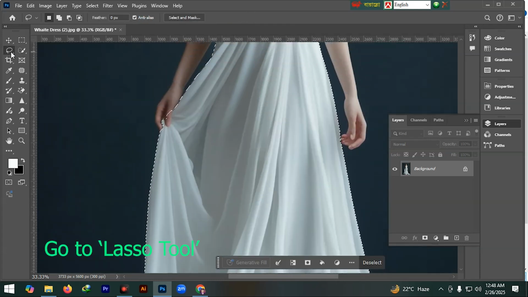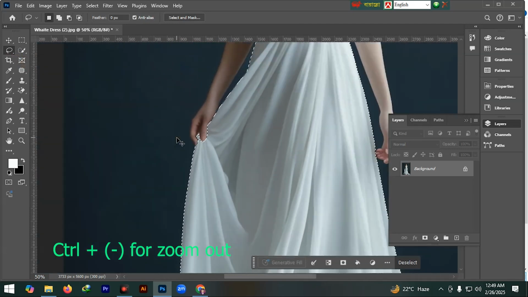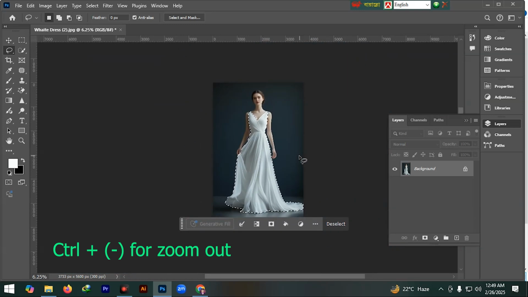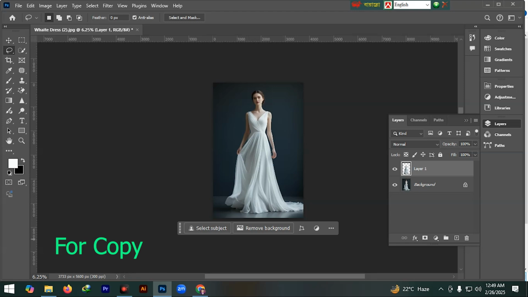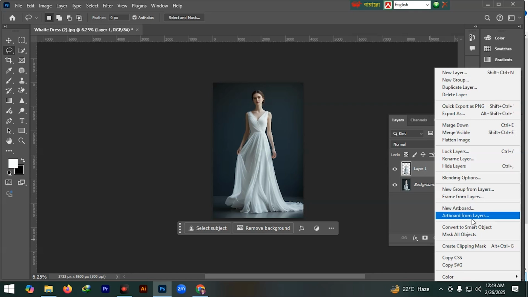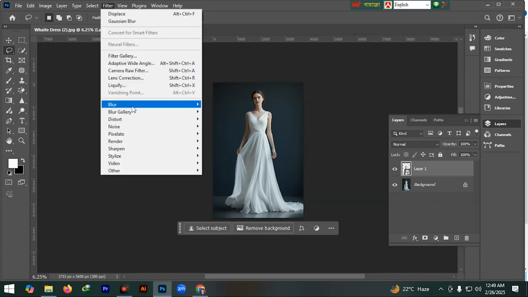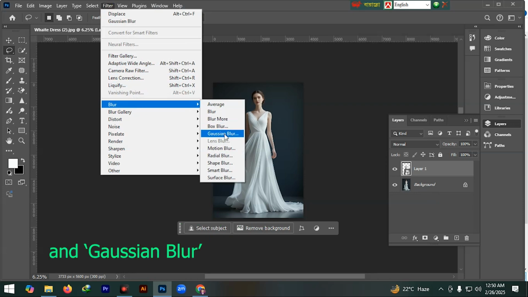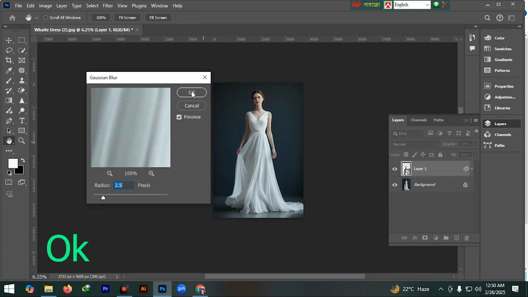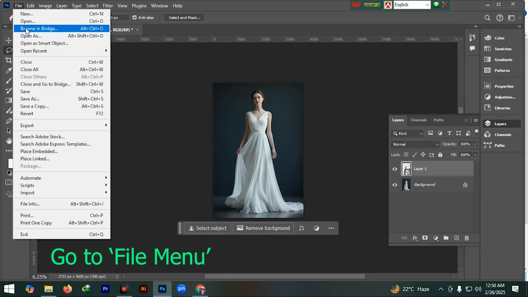go to the Lasso tool, hold the Alt key and drag. Ctrl minus key for zoom out. Ctrl J for copy. Select the copy layer, then right click, then Convert to Smart Object. Go to the Filter menu, select Blur, then Gaussian Blur, then OK. Go to the smart filter and remove it. Go to the File menu, Save As,